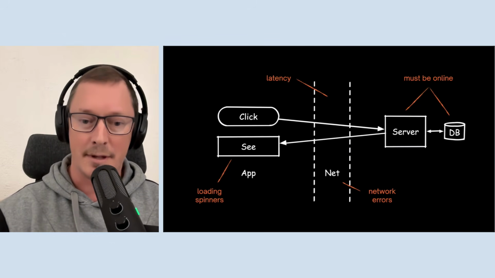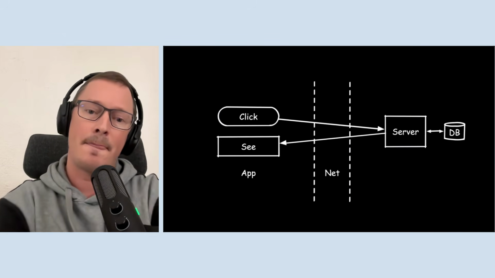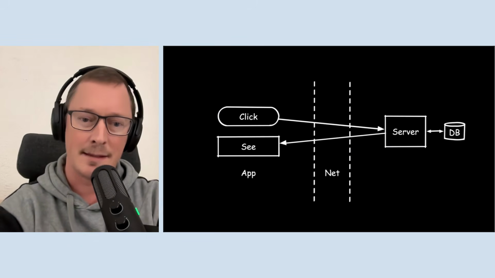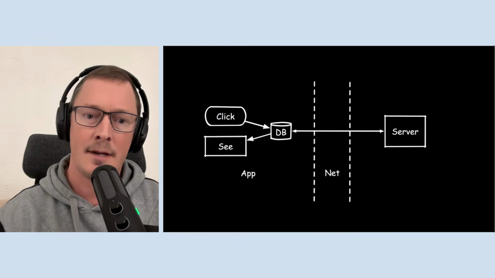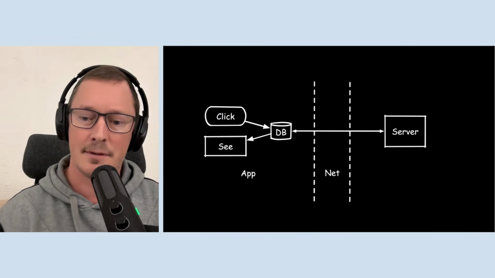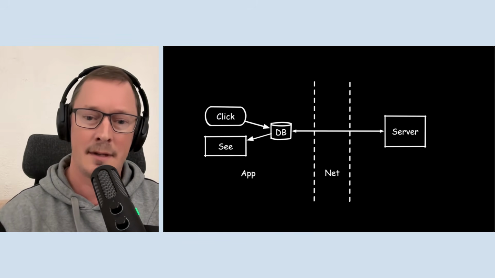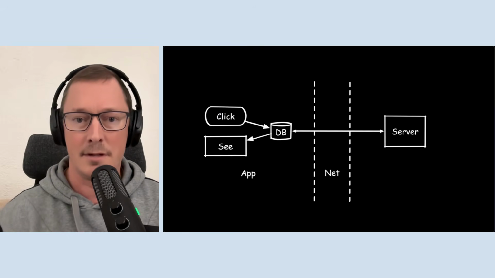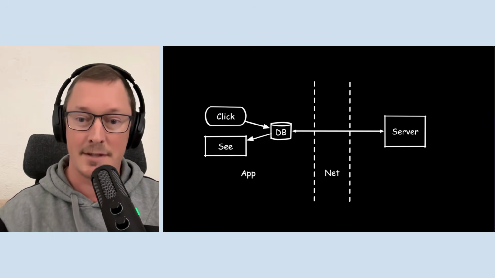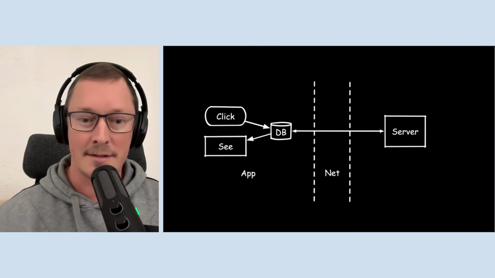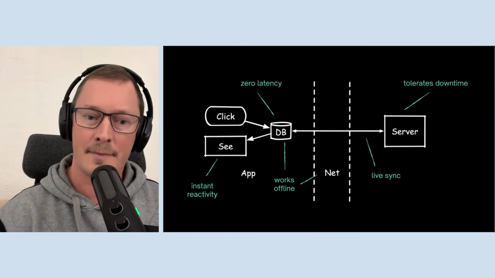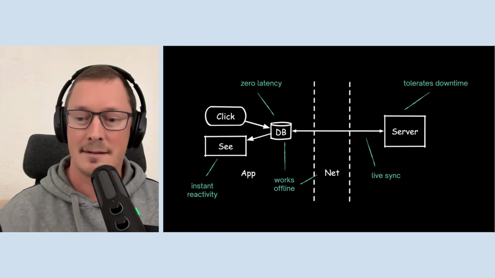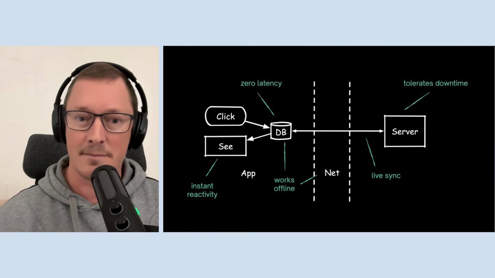Whereas in comparison with local first, you basically make one small change to the architecture, and that's to move the data store into the front end. And with this, the application code can talk to the local data store first. That's why it's local first. And then the data syncs in the background. And it takes the network off the interaction path.